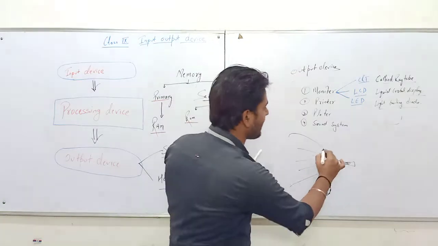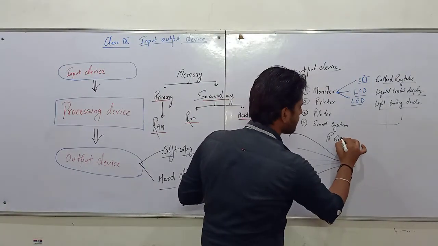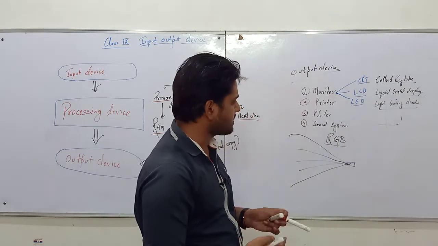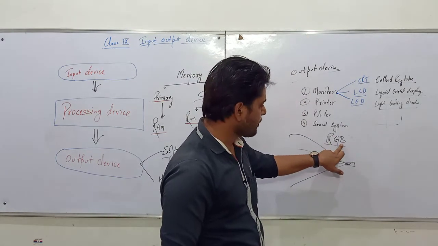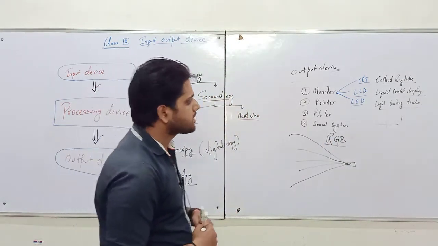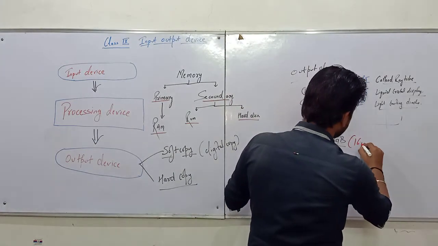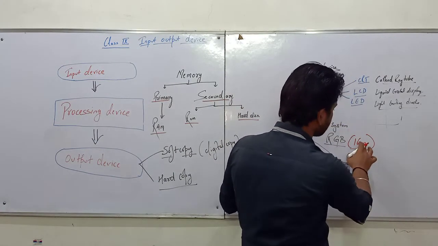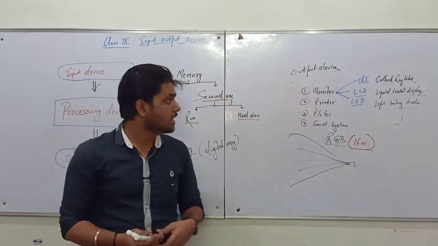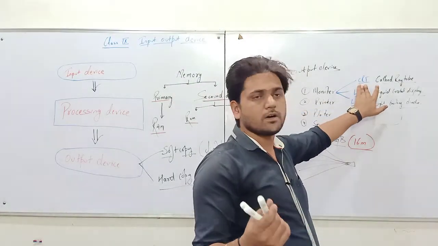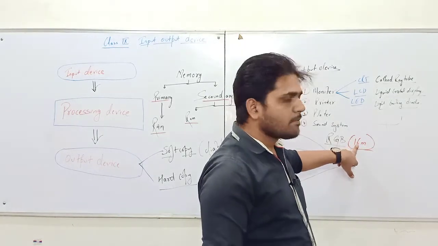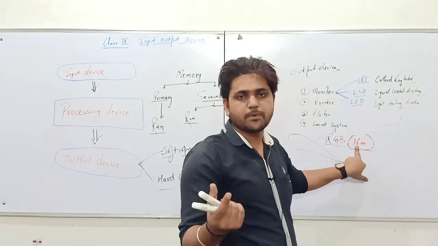with the combination of RGB, the color formation used to take place, where RGB stands for red, green, and blue, which used to make multiple colors. Basically, CRT supports 16M colors. If you have seen CRT monitors, only some colors are visible and other colors are not visible. In CRT monitors, 16M is the maximum color.